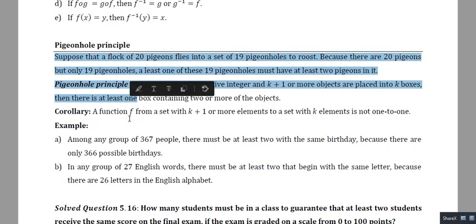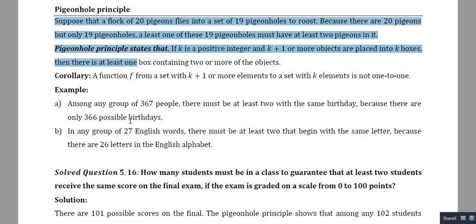Now what is the utility of this pigeonhole principle in computer science? For example, you want to schedule the semester examination. A particular semester has 5 subjects and we are given only 4 days to conduct the examination. So there will be at least one day in which 2 exams have to be conducted.